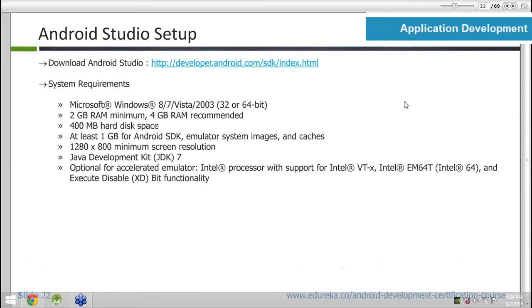So normally, 80% of the time, we prefer to install applications on the physical device. We just connect our device to the laptop and install the applications on that instead of the Android emulator. So if you have a physical device, just connect it and install the applications on the device.